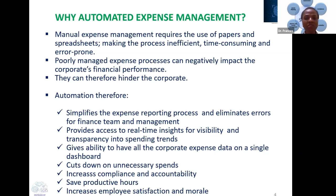What automation tends to do for us. First, we look at how it simplifies the expense reporting process and eliminates errors for the finance team and management. We know that the guys in the finance team have so much to deal with. But in a situation whereby they have an automated process that will enable them to incorporate all the processes involved in the company's expense management in line with the defined policies and strategy, they are able to be more efficient and productive, and at the same time fulfill their internal customers' expectations, which are the